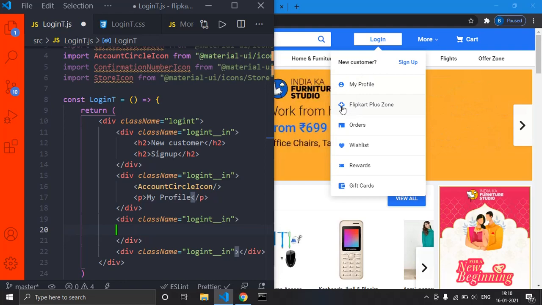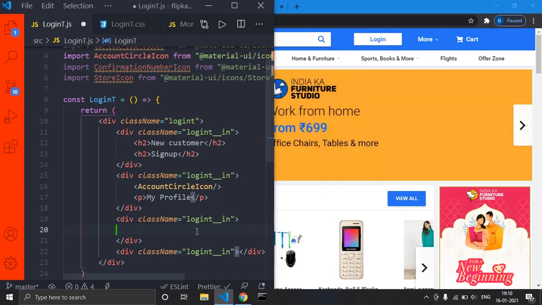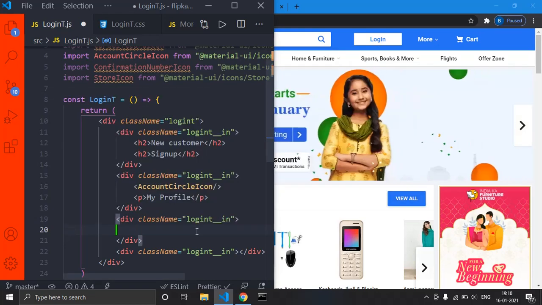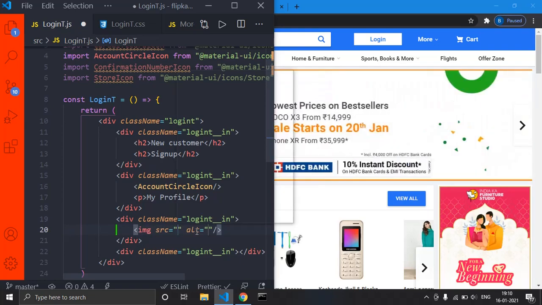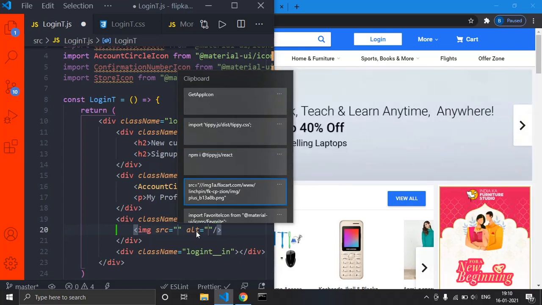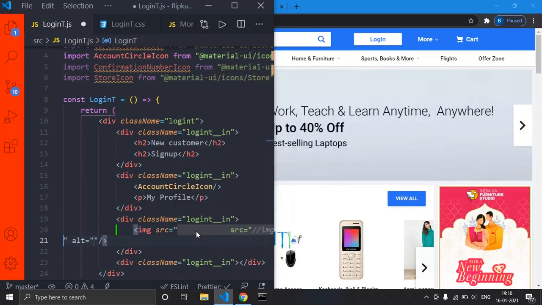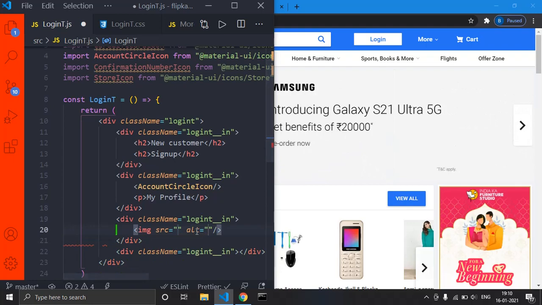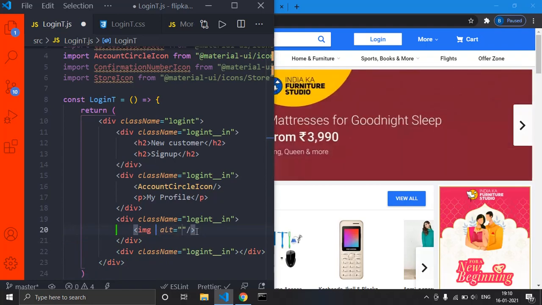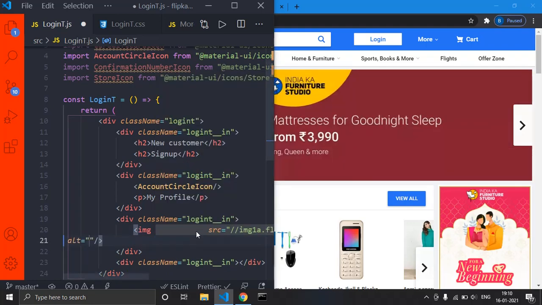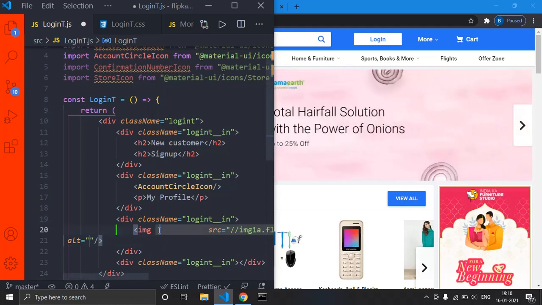We have this logo, and this is not available in Material UI, but I'll provide this link in the description. This is the link of that image. So make sure that you have it.